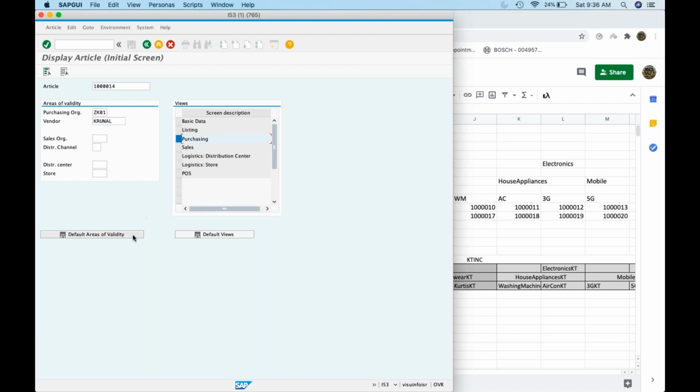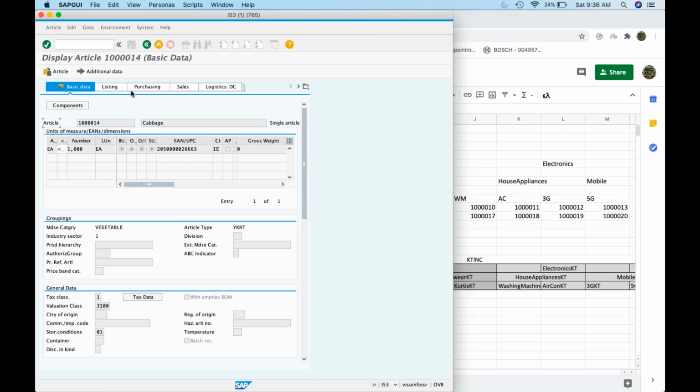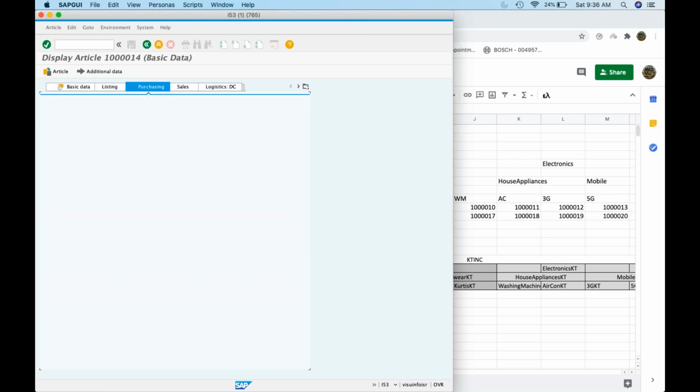Now, if you select purchasing, the purchase info record is not maintained.